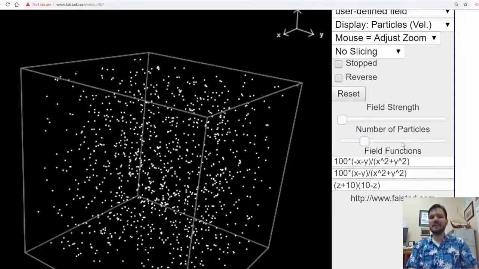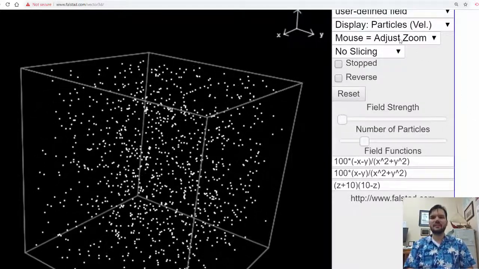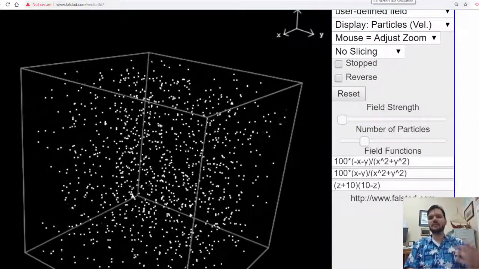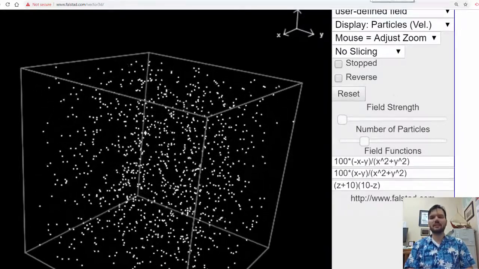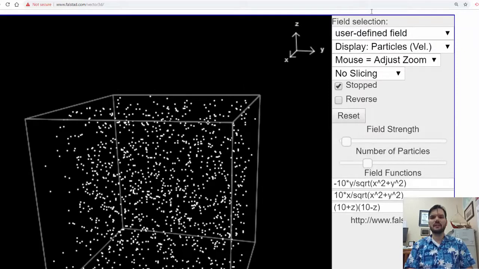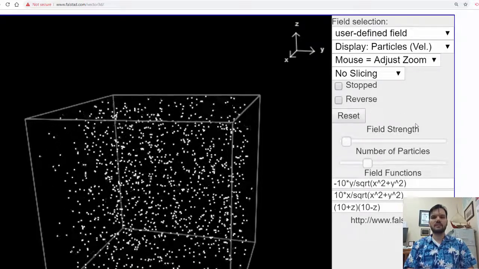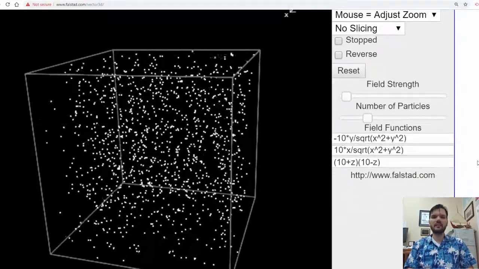And now I want to compare this with the field with a different divisor. So right now we're dividing by r squared. I want to see how it looked when we divided by the square root of x squared plus y squared, divided by r. So here I've taken out the pull inward and just looked at a rotating field being pulled up by the same updraft. So we can see it looks fairly similar,